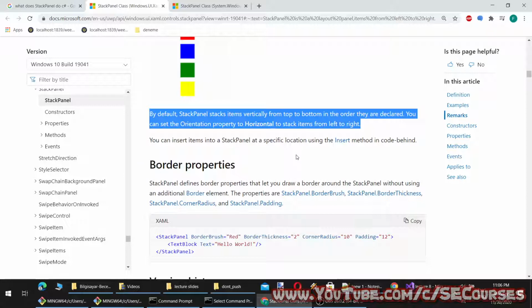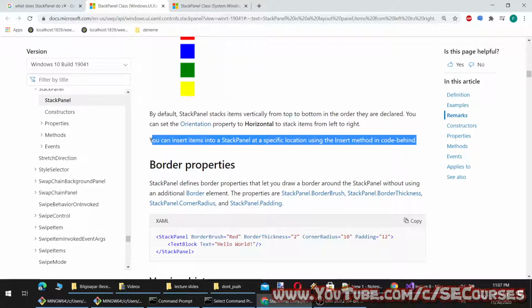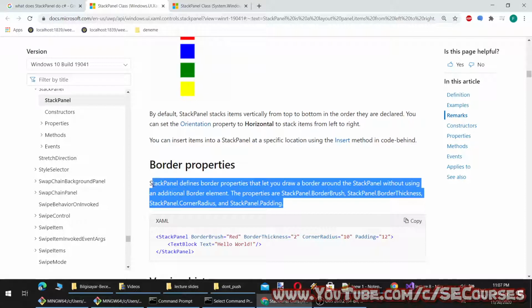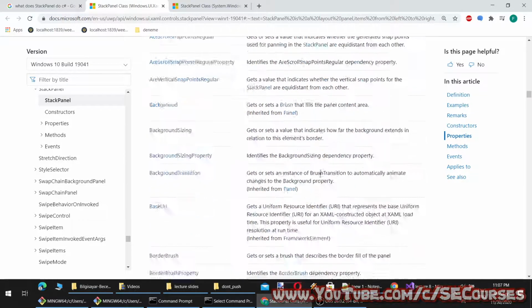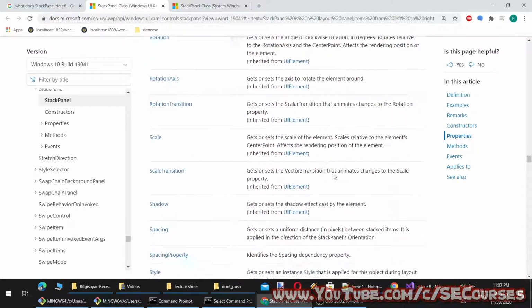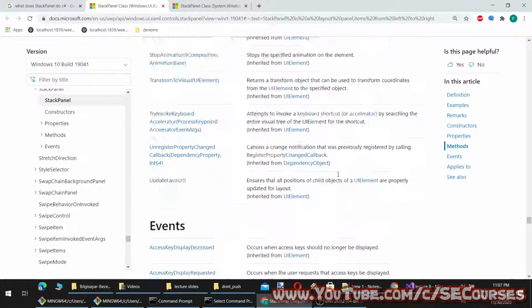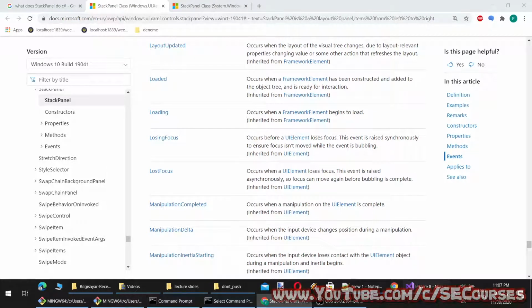By default, stack panel stacks items vertically from top to bottom in the order they are declared. You can set the orientation property to horizontal to stack items from left to right. Stack panel defines border properties that let you draw a border around the stack panel without using an additional border element. The properties are StackPanel.BorderBrush, StackPanel.BorderThickness, StackPanel.CornerRadius, and StackPanel.Padding. Okay, so as you can see, it is more about rendering and position of the elements.